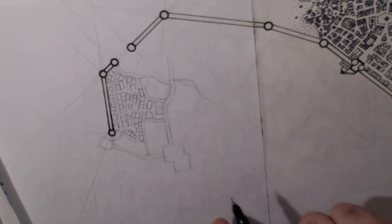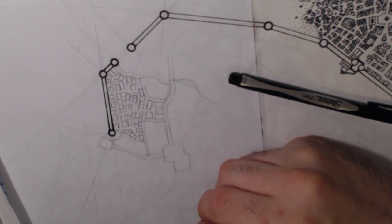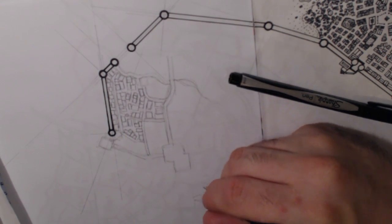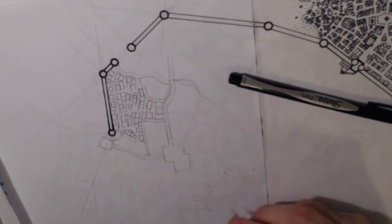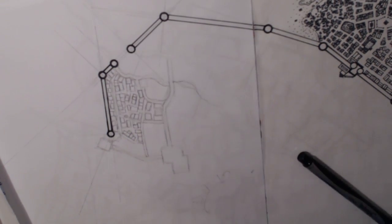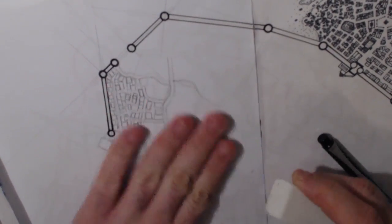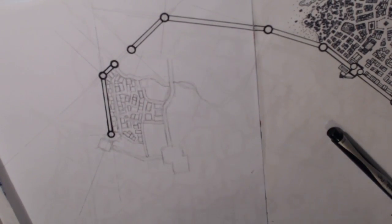But if I was working in an area where, say, there was a curved road and buildings all along it, I would actually want to be rotating as I drew these buildings so that I could draw nice regular lines along the... Oh, wow, when I erase...